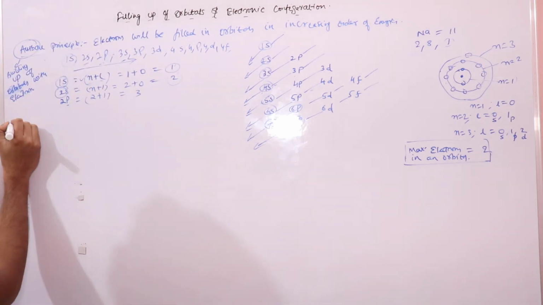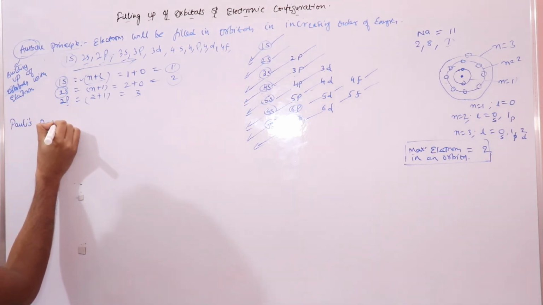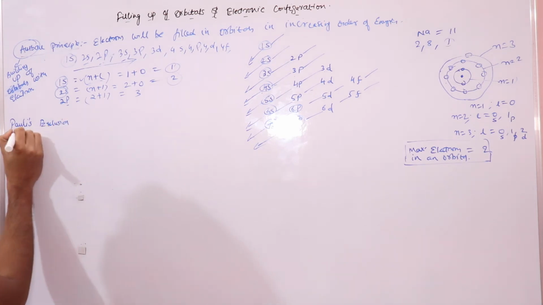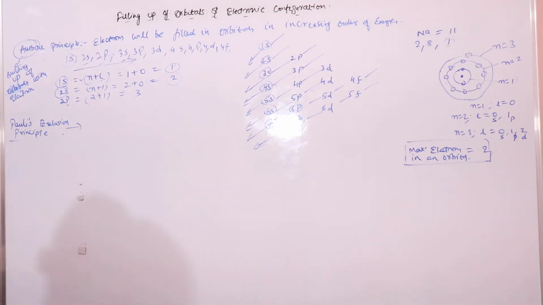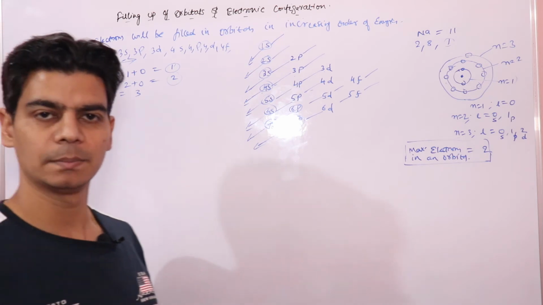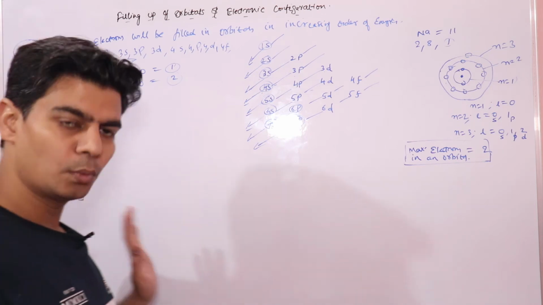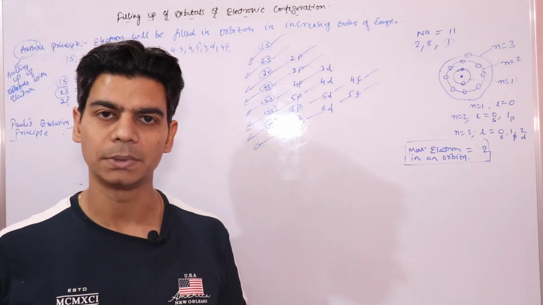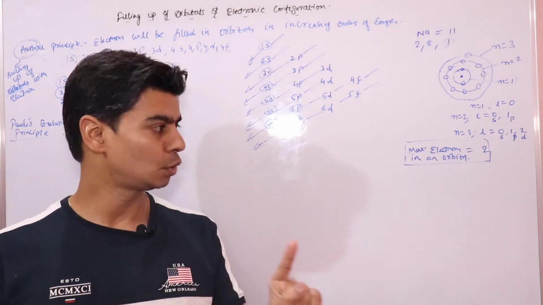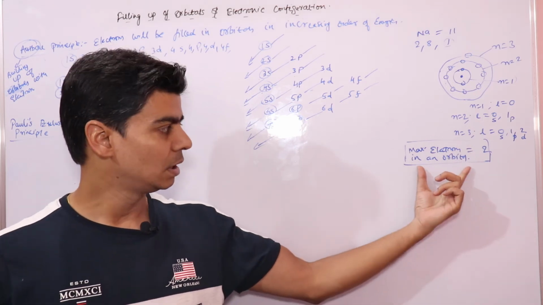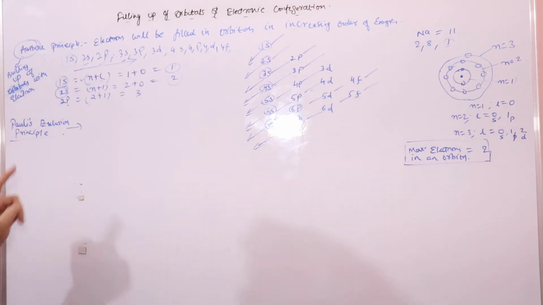This is based on Pauli's exclusion principle, right? And the second rule is Hund's rule of maximum multiplicity. As per Pauli's exclusion principle, to know Pauli's exclusion principle, you should know what are quantum numbers, right? Because it directly talks about quantum numbers for two electrons that are in an orbital. We said that there can be maximum 2 electrons in the orbital. So what Pauli's exclusion principle tells us is that